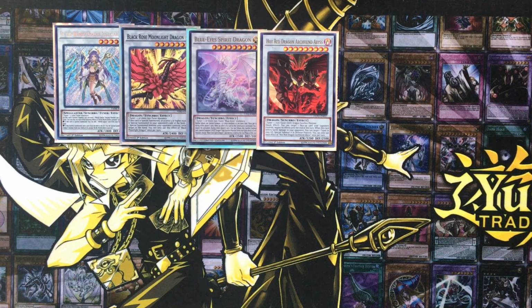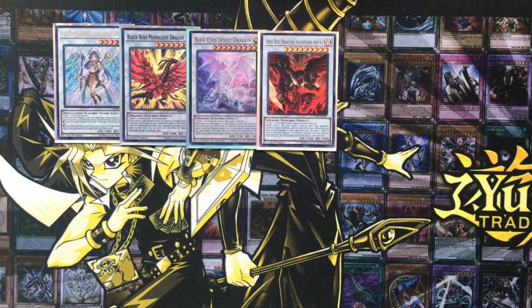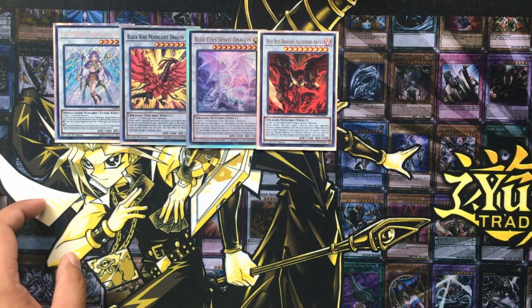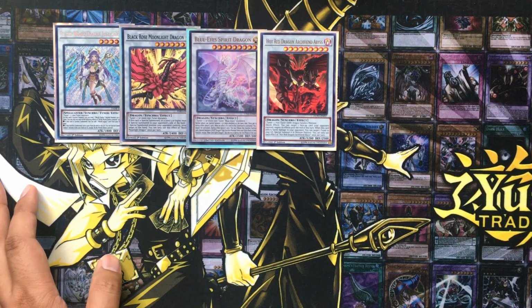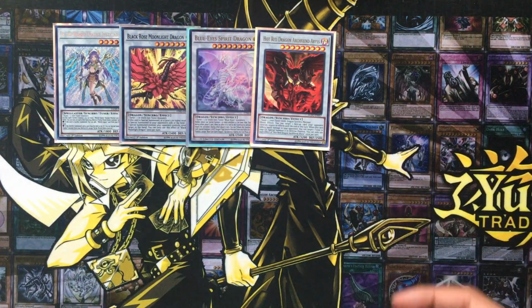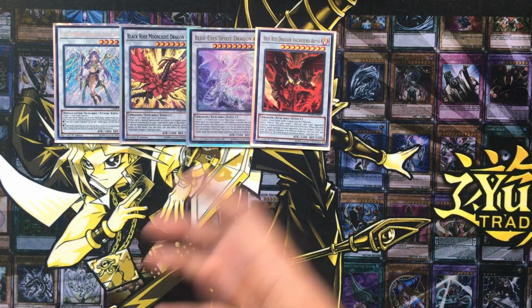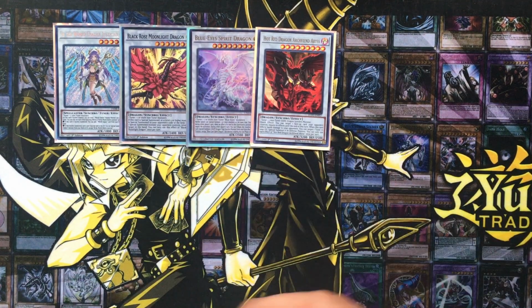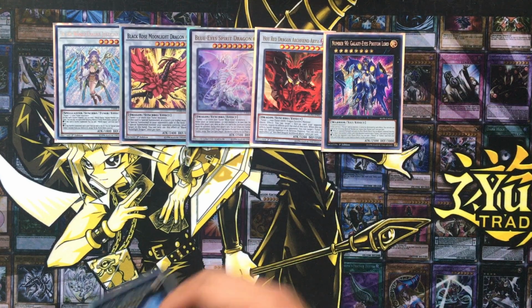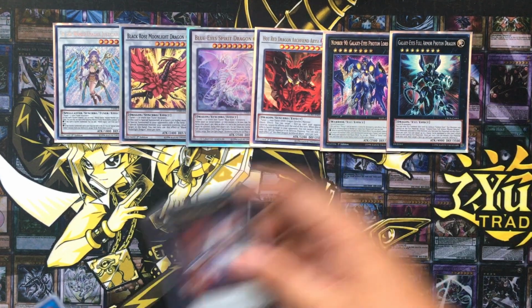So Blue Eye Spirit Dragon, it's mainly here just so that I can bring out my Black Rose Moonlight Dragon, which lets you target a special summoned monster that your opponent controls and then bounce it. Of course, you guys can replace Moonlight Dragon with Azure Eyes Silver Dragon if you want to. Hot Red Dragon Archfiend Abyss, it's here so that you can bring it out with Guardragon Agripane in the midst of your combo. And then afterwards, the Xyz monsters I run are Galaxy Eyes Photon Lord, Full Armor Photon Dragon,